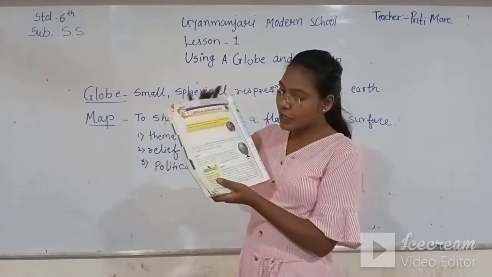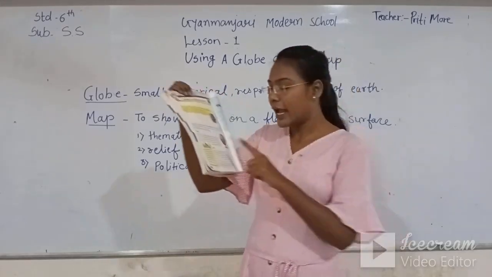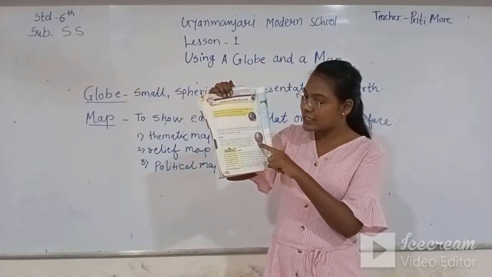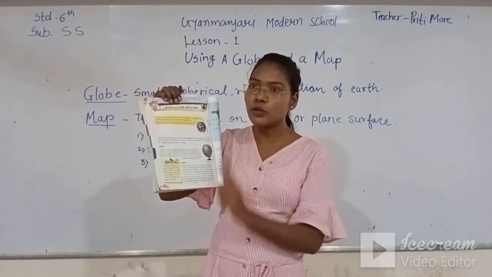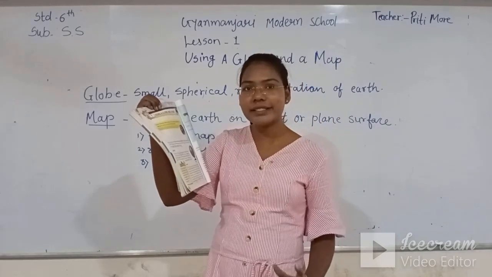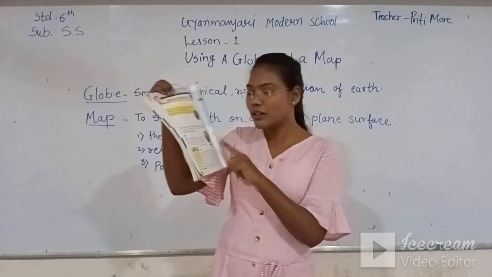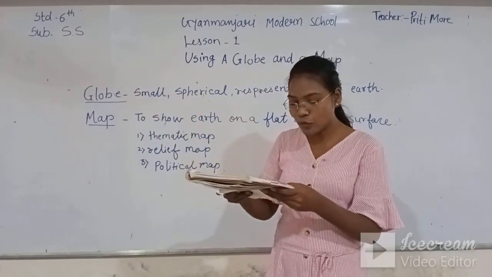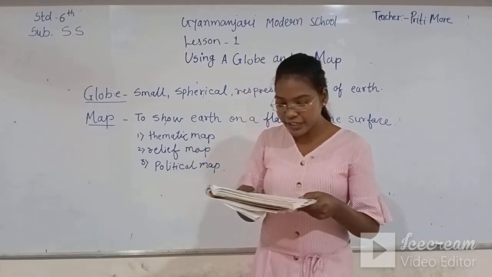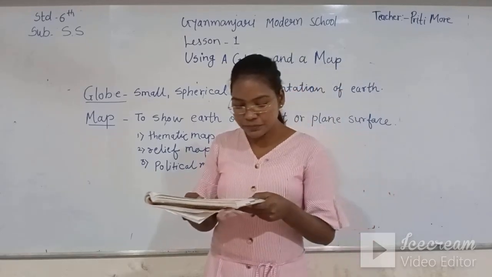On the globe you can also see the oceans and continents. There are 7 continents and some important oceans. You can see the oceans and continents on the globe, right? On the earth you can see the 7 continents, and the oceans also. As the globe is three-dimensional, it is the best and most correct representation of the earth.